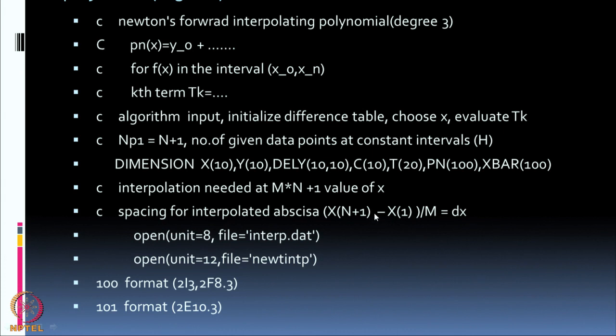So, the number of points will be much larger than the data points I have, because I have only 4 data points. At those 4 values of x, I already know f(x). So, there is nothing to interpolate for the known values of those points. So, I want to interpolate between all the x's in the intermediate values. In this case I have chosen 100 values. So, for that purpose I divide the interval between xn and x0 into 100 values of x. So, that is my division.